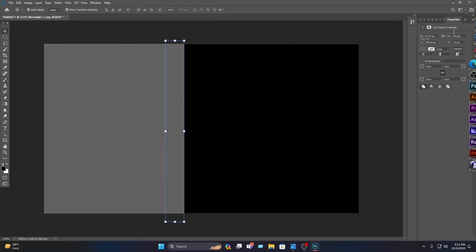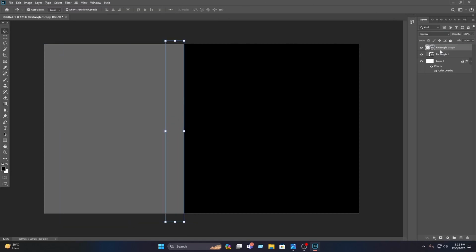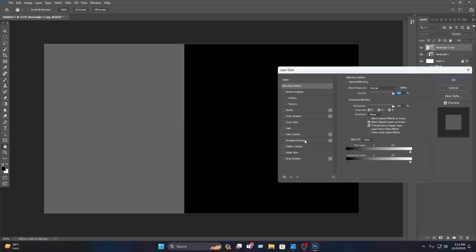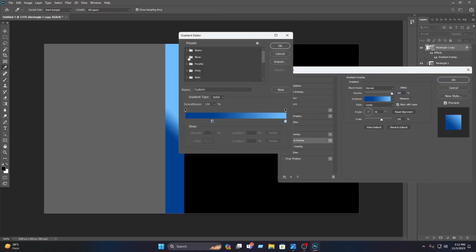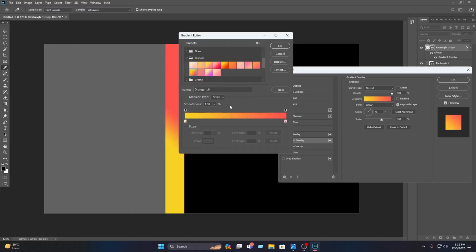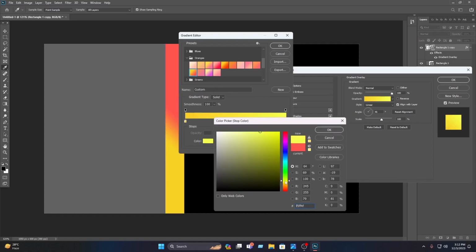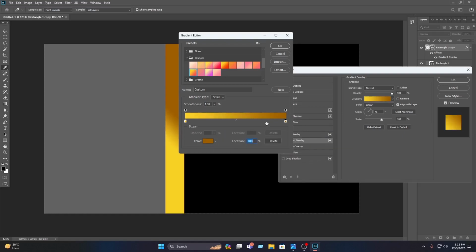then click on the tick mark, then go to the layer panel, then right click on this, then click on the blending option, then click on the gradient overlay, then click on here, then scroll down from here, then click on the orange, then you have to select this color from here, and select this, then click on the color, then you have to select this color from here, then click on the OK, then select this and drag this in here,